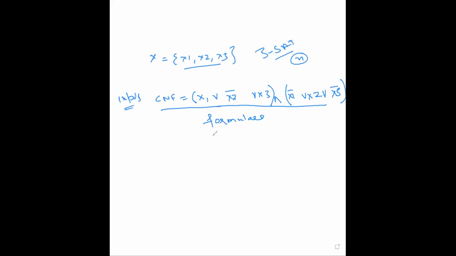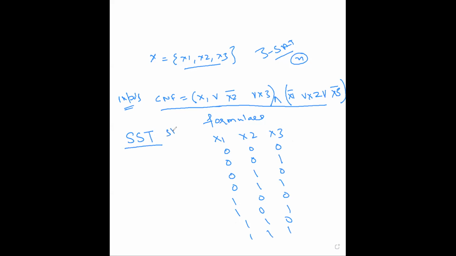So how many cases do we need to discuss? That is x1, x2, and x3. That is 0, 0, and 0. If we give all the 3 values to be 0, or we give x1, x2 to be 0 and x3 to be 1, or this one, or this one, so there are a total of 8 possible values that can be given to it. So how to represent this? We can represent this with the help of a state space tree. What is this called? State space tree.